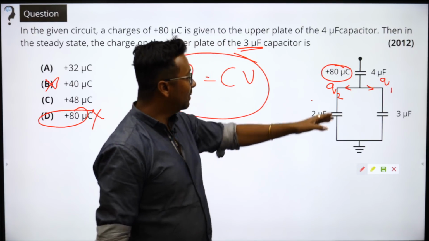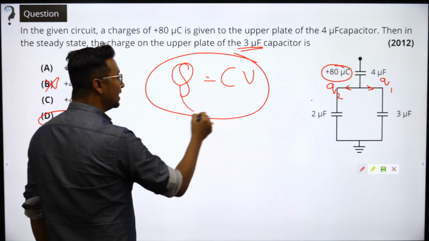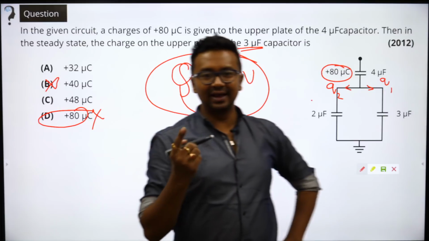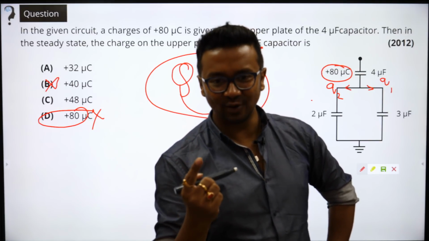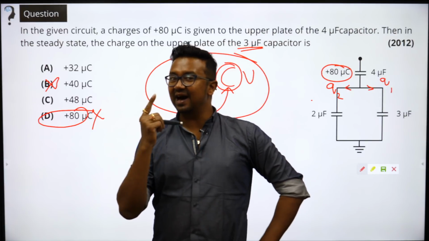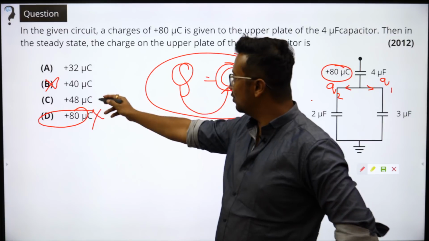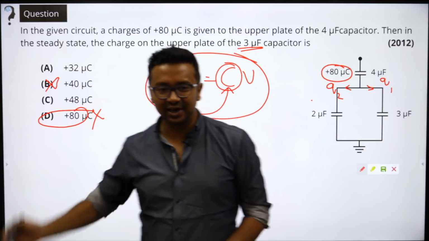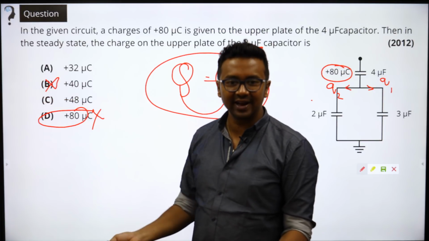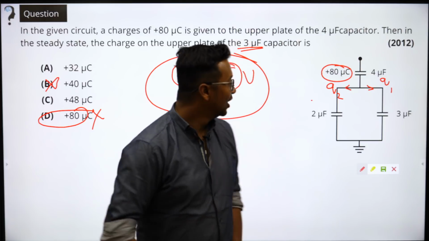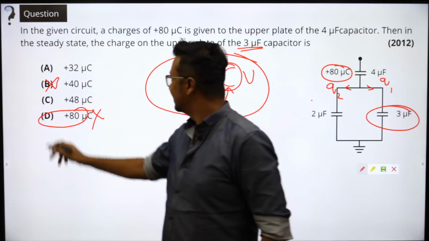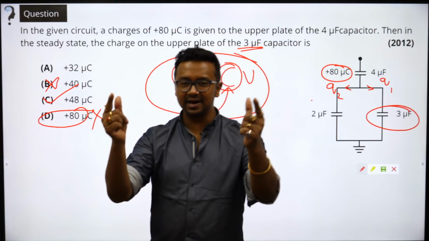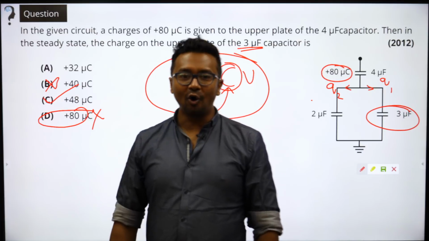ठीक है, नाउ माय डियर स्टूडेंट्स, यहां से साफ साफ दिख रहा है ग्रेटर चार्ज विल बी ऑन द वन विच इज गॉट हायर वैल्यू ऑफ C. ग्रेटर चार्ज विल बी ऑन द वन, ओके, विच विल बी हैविंग अ हायर वैल्यू ऑफ कैपेसिटेंस. सो 32 एंड 48 में से आप बताओ कि 3 माइक्रोफैरेड में कौन जाएगा? 32 जाएगा या 48 जाएगा? 48 जाएगा. 48 is higher. Okay, so definitely this is going to have 48 microcoulomb.